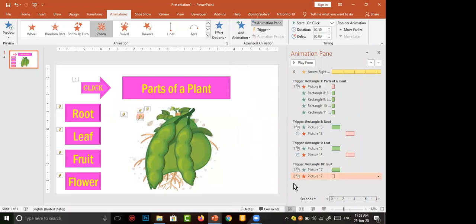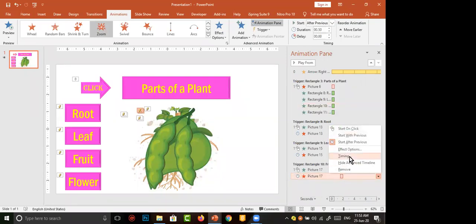Here it is with the number 2. 2 means when you make a second click on the mouse. I want to change it. I move to the down arrow. I make a click on start after previous. The same thing, here also I want to change it. The picture should exist for some time. After that it has to disappear. So I make a click on it.